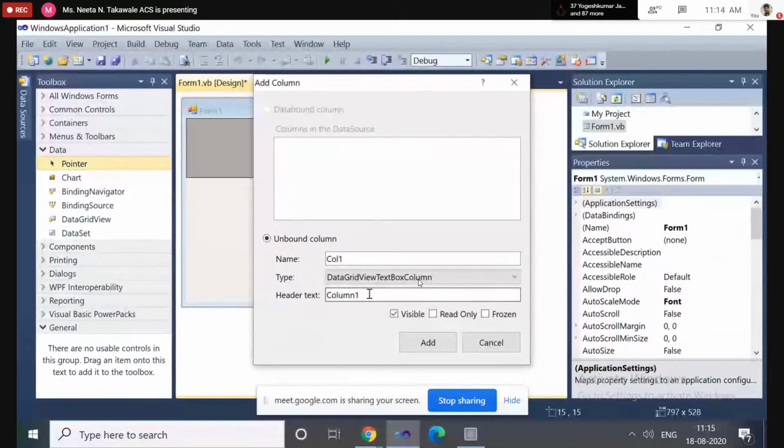Now you know that a table is a collection of rows and columns, and the first row is always the header row, which we can use to assign names or identifiers to each column. So whatever text you want to add as the header text for the first column, you can add it through this text box. Here I'm specifying roll number.